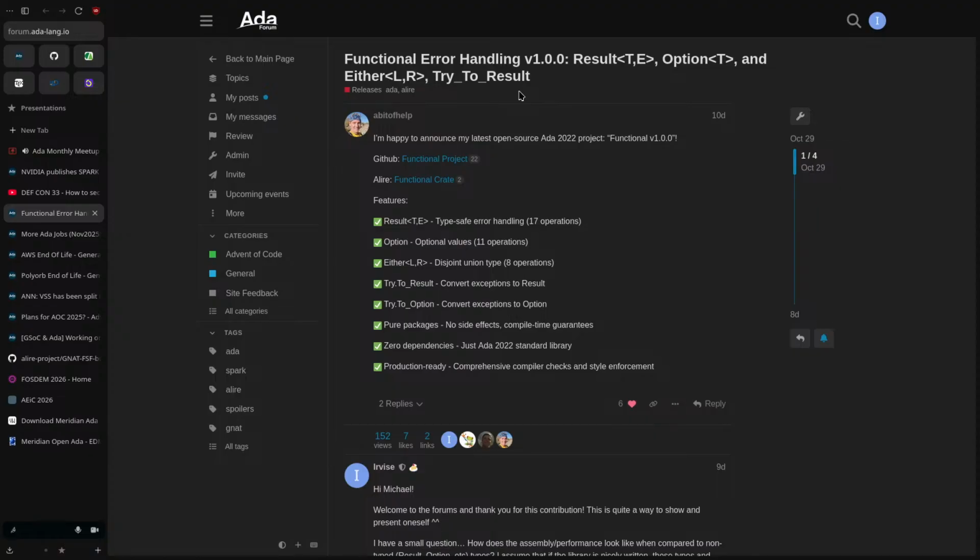One that piqued my interest, and that's why I'm sharing this one in particular, is that he implemented the result type, the optional type, the iter type, etc., that are very common in the Rust community and nowadays also in the C++ community. He has implemented those in Ada. So you can go into the repo, see what he has done, and see how the internals work. This is an interesting new library for the community.